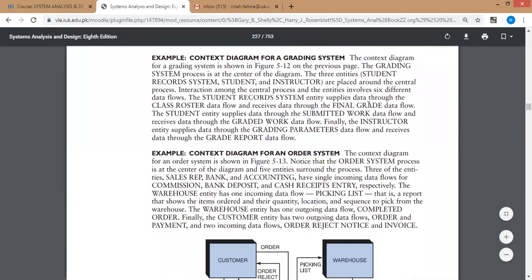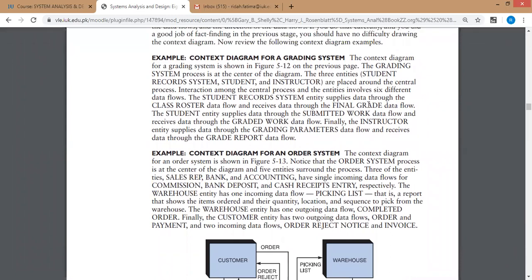We'll see these two scenarios. They are elaborated in your book, and they explain the DFD at every level. A data flow diagram is divided into multiple levels. The first level is known as the context level, followed by level 0, level 1, 2, 3, and so on. What does a context level diagram explain to you?